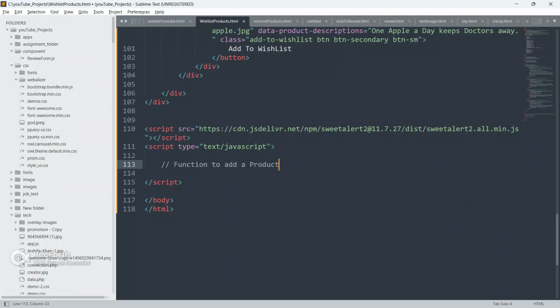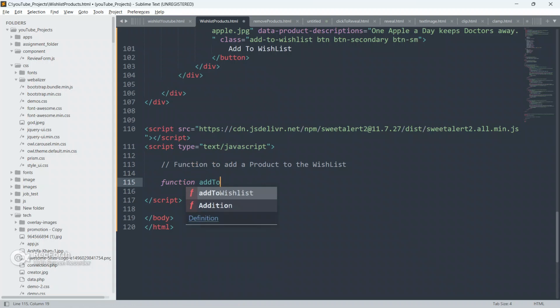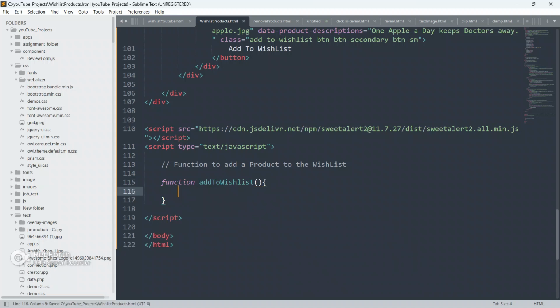Function to add product to the wish list. Below this, I'm gonna create a function, and the function name will be addToWishList.